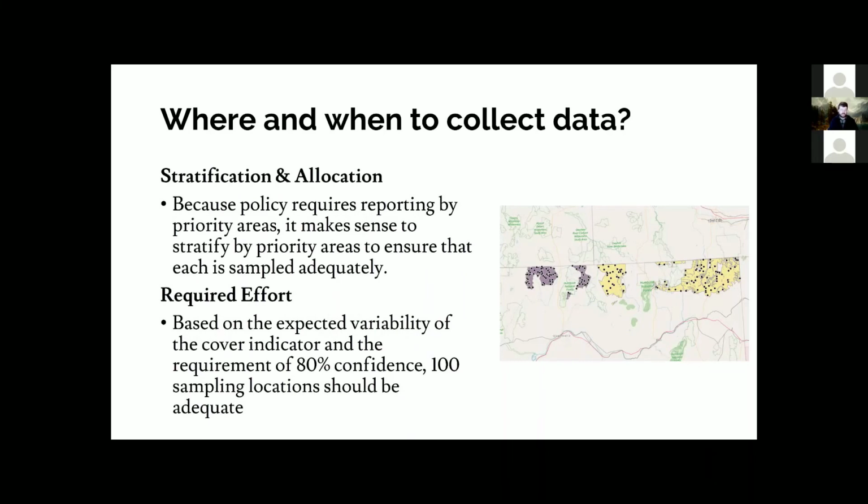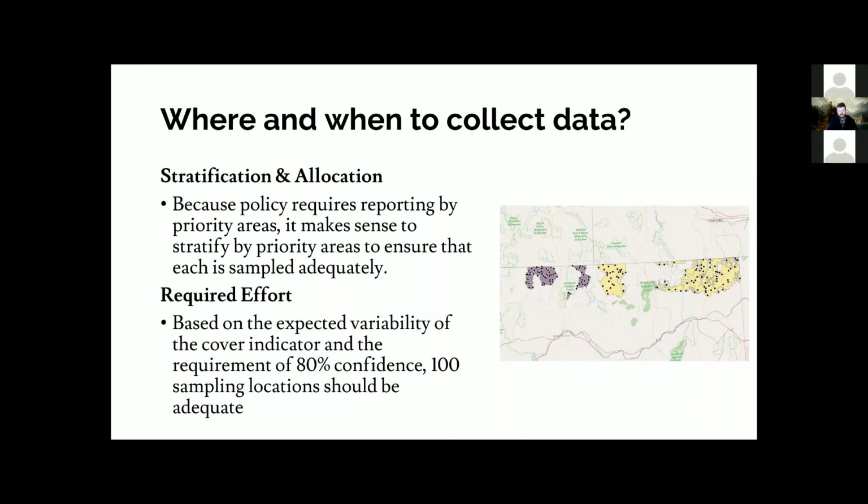When you are doing things randomly, you can still have some control by doing things like subsetting the landscape, stratifying it, picking out and deciding how you're going to allocate the amount of effort between those. So our priority habitat areas might be how we stratify so that we make sure that some effort gets applied to each of those areas. We know that we will have data for each of them in order to answer our questions about each of them.